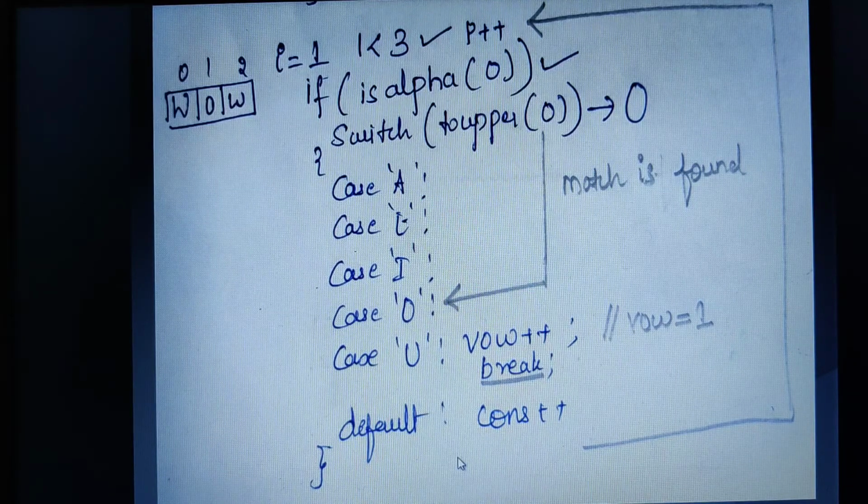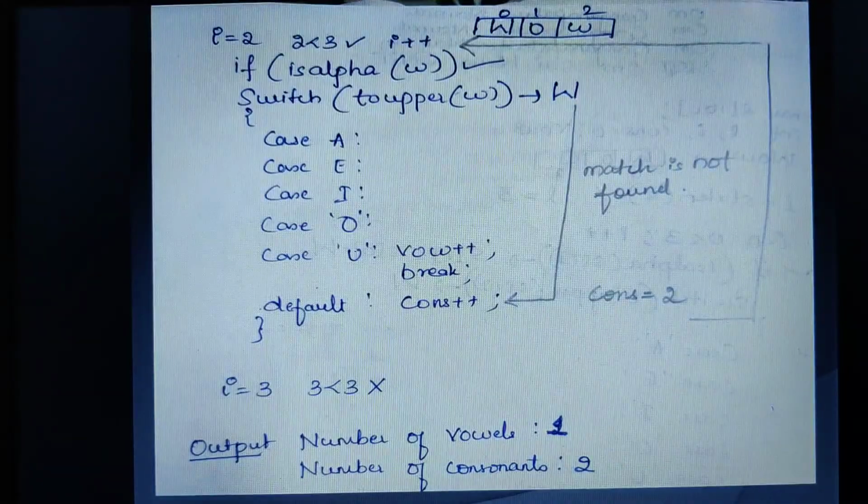Once it comes out of this particular switch statement, since we are still under the control of the for loop, again iteration takes place. I gets incremented because we are still under the for condition, because the condition is still true there. Now let us move on to the next iteration when i becomes 2. Since i is equal to 2, 2 is less than 3, yes, your condition is true.